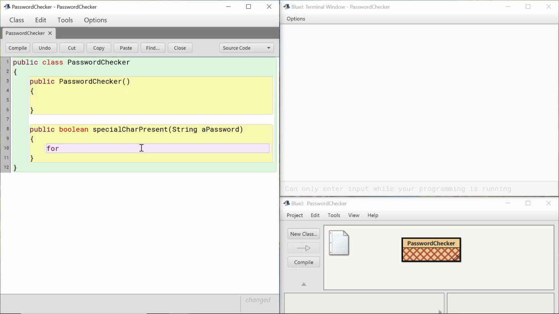So for int i, start from 0 and go to the length of the input string, because we want to check each character, so we'll need to iterate through each character. So let's call the length. So for every character in a password,